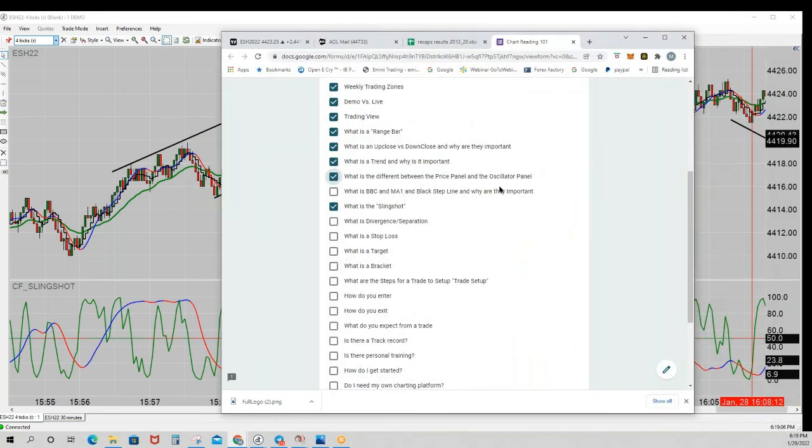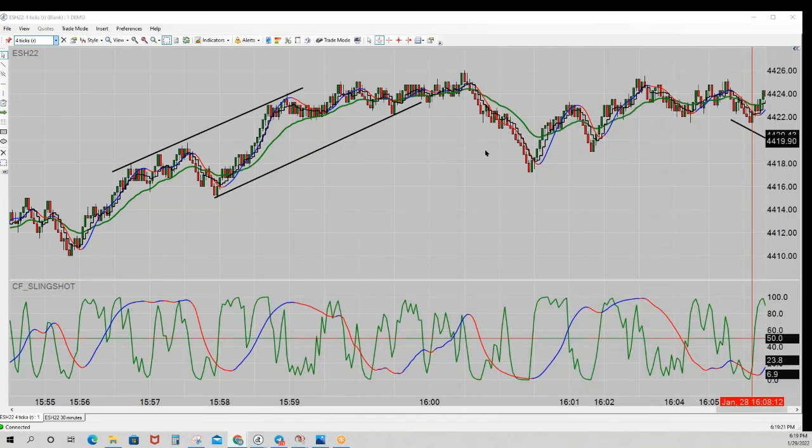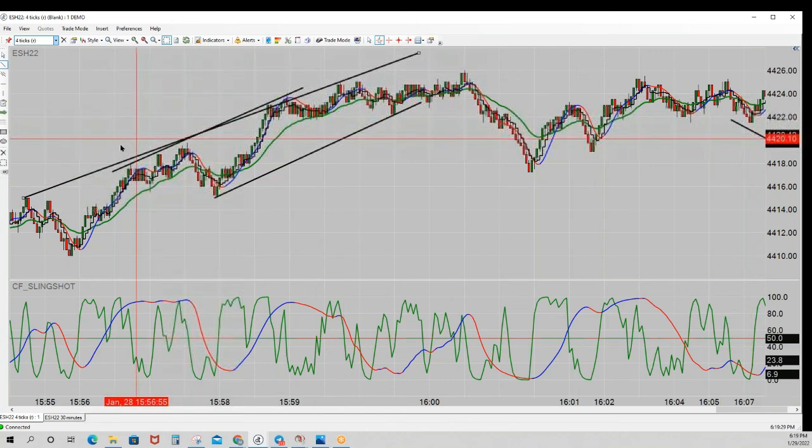The BBC, the MA1, and the black step line. Okay, so those are those 3 things there, and that's what we use to enter trades, all right? To tell us when to enter trades, when to start looking in what direction, and when to enter trades, all right? Now, divergence and separation, that is what I showed you down here. Now, a lot of places will say when there's divergence between, say price, like right here, this is all going up, and